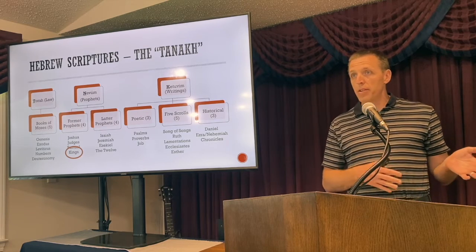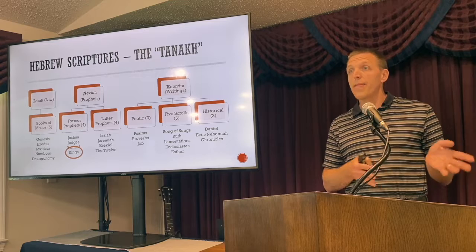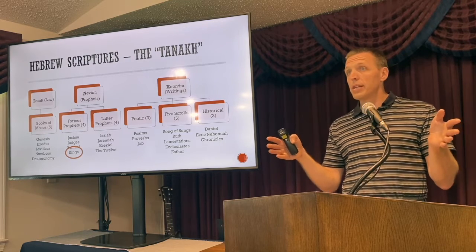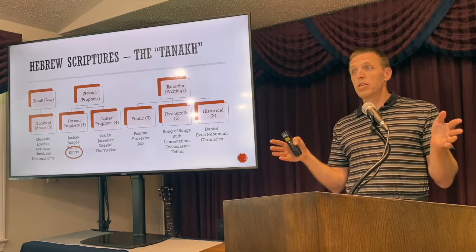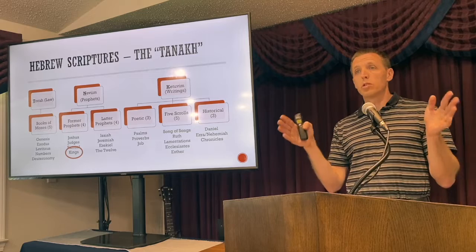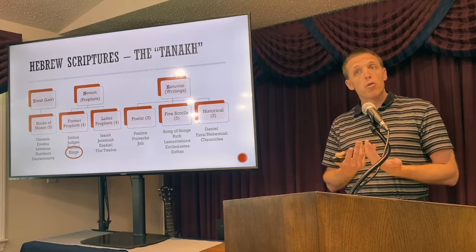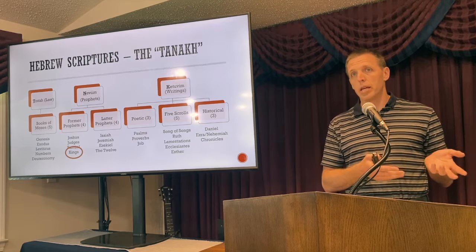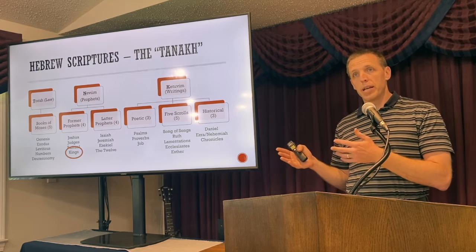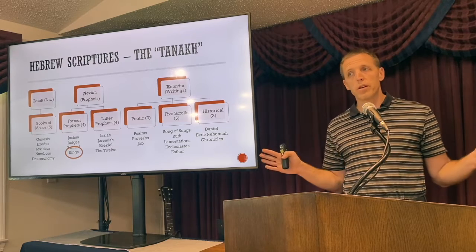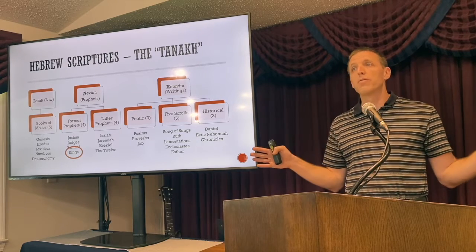And then the latter prophets take that same vantage point and they look forward. They say in the latter days, in fact, in the end of days, it's not going to be like this. It's going to be back to the way it was. Israel's going to be restored to its glory. And so they're both prophetic in that sense. The former prophets: Joshua, Judges, Samuel, Kings. The latter prophets: Isaiah, Jeremiah, Ezekiel, the Twelve. They're both prophetic works, just sitting in one place, looking in two different directions.